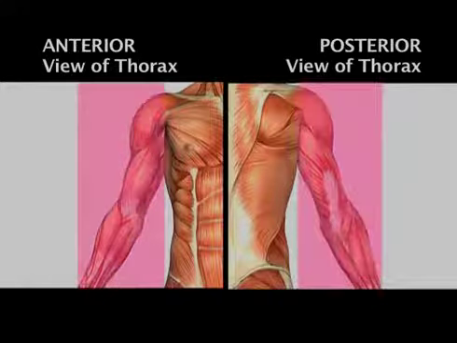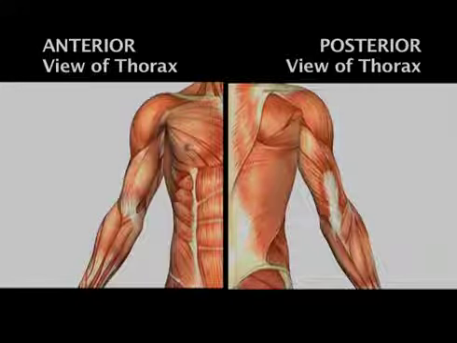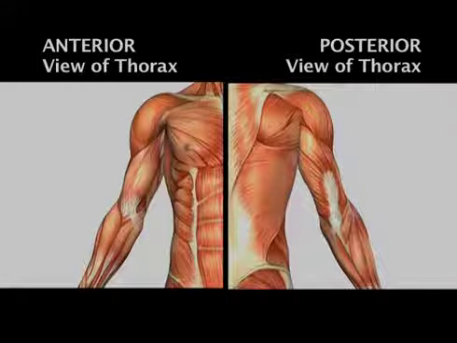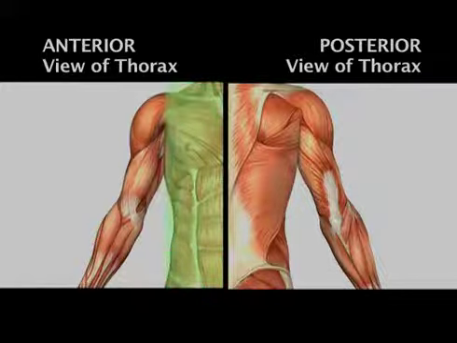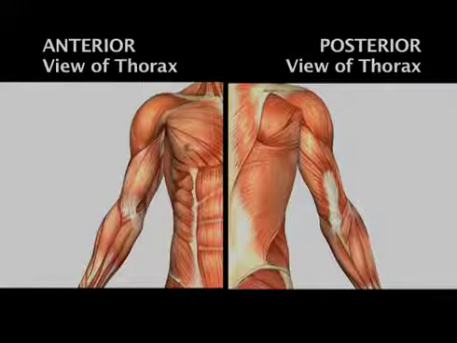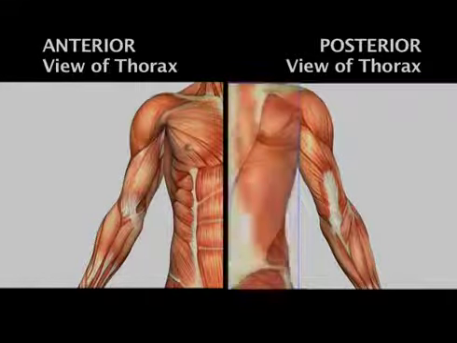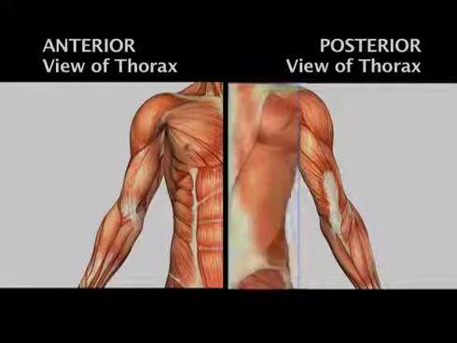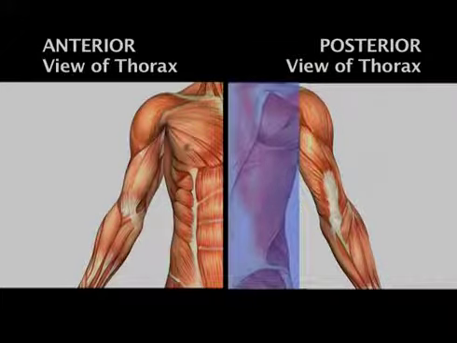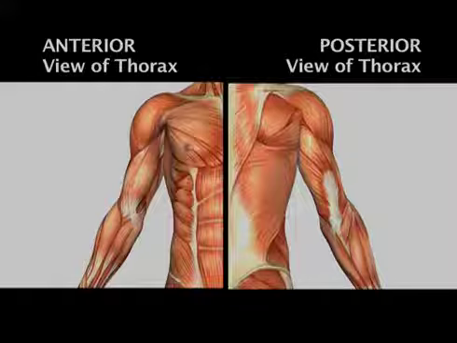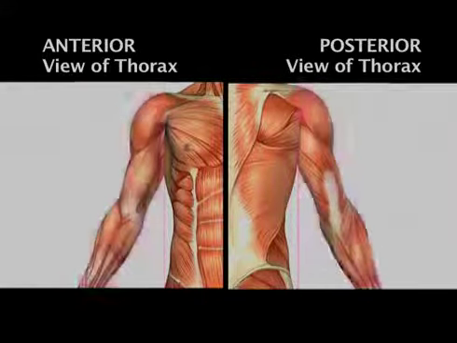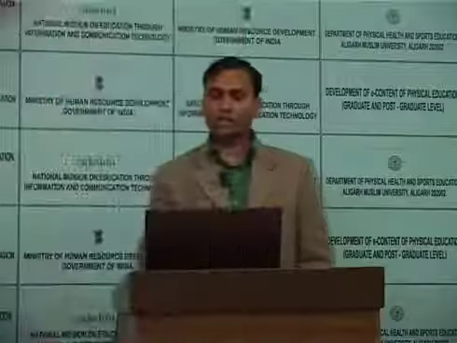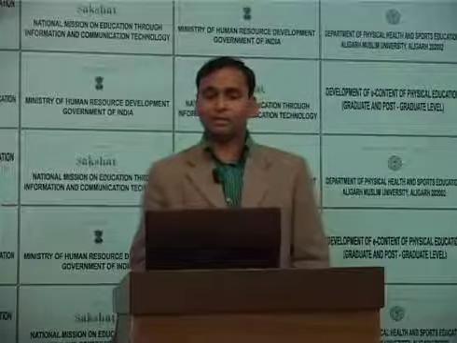the muscles of the lateral compartment. You can see here in the diagram the muscles of the anterior compartment, the muscles which are anterior to the thorax. The next is the muscles of the posterior compartment, the muscles situated over the posterior part of the thorax. And third is the muscles of the lateral compartment, which is located laterally to your shoulder joint. So first I would like to discuss the muscles of the anterior compartment.